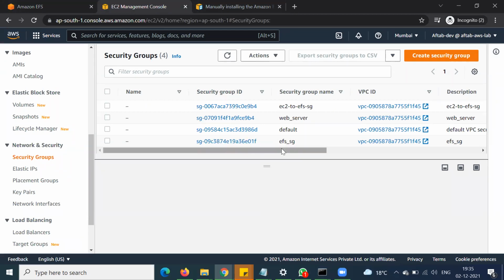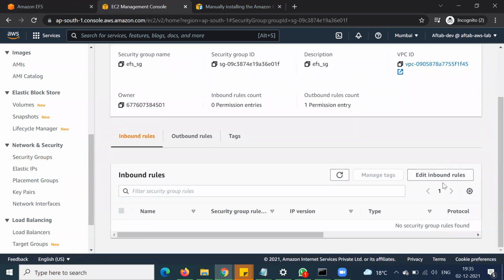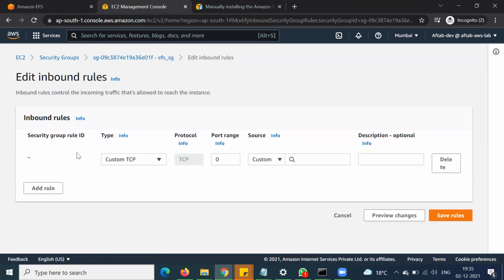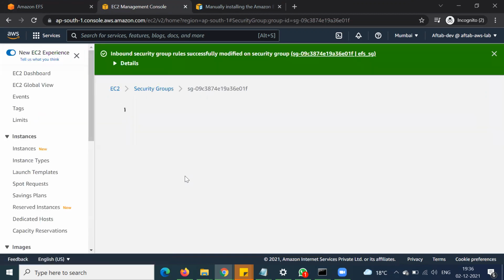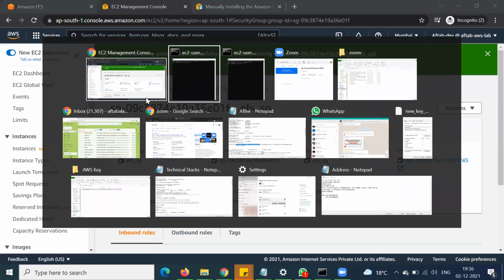So we have attached this security group to our EFS storage, right? So just click on this, go to the inbound rules, edit inbound rules, add rule. That should be custom TCP, and this should be from our EC2 to EFS. Save rules. Now we will be able to run this command.